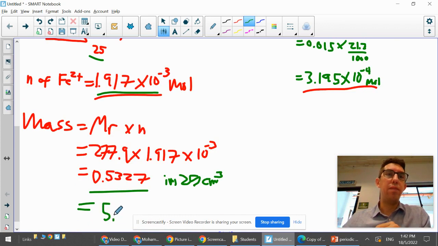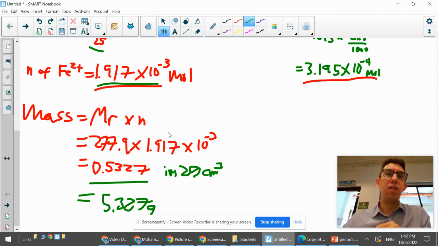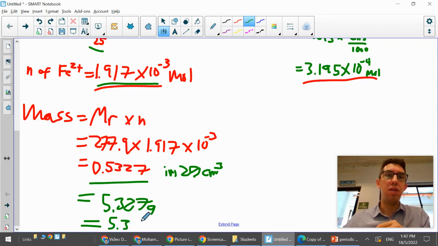So I get 5.327 grams. And I think because all the numbers there are to 3 SF, I'll round my final answer to 3 SF, although it doesn't actually matter because the question hasn't asked. So that's fine. Okay, now the next part of the question